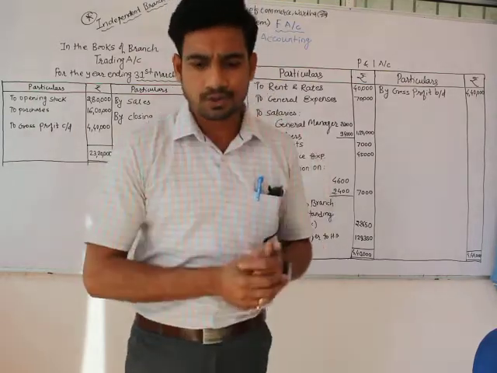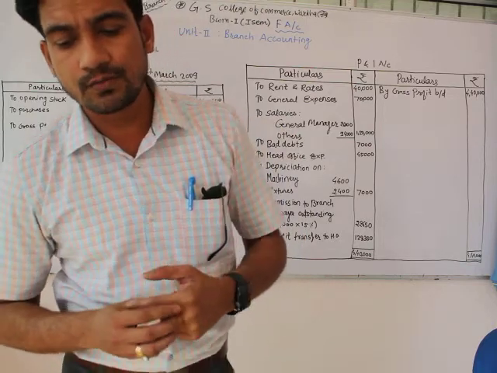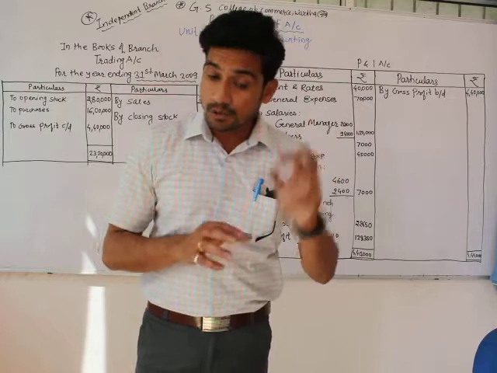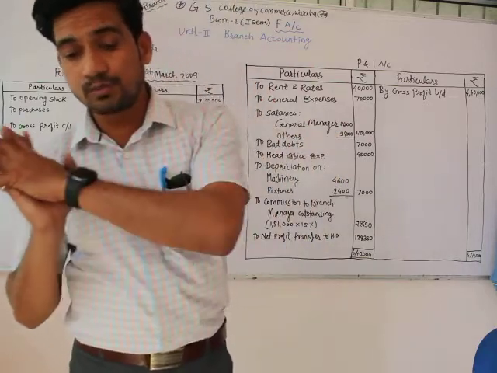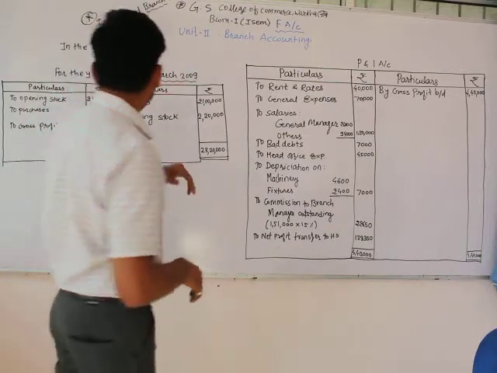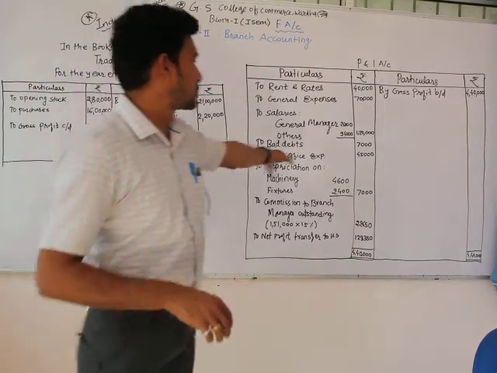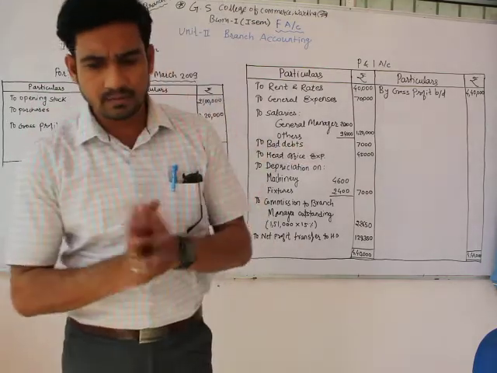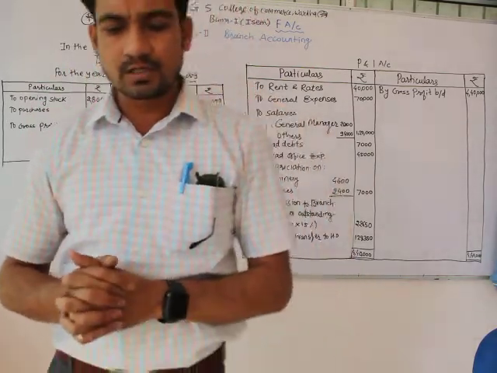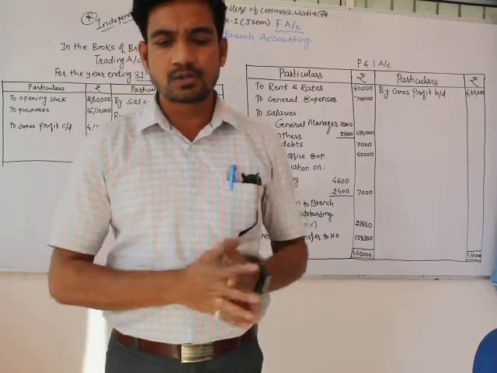and then we will go straight to the solution. The proportion of head office expenses to be charged to the branch is rupees 45,000. It means that the proportion of head office expenses to be charged to the branch is rupees 45,000, which we had mentioned here. Just see the 45,000. There is 45,000 of head office expenses, that is the mention there. The salaries include a sum of rupees 26,000 paid to the branch manager, who is further entitled to 15% of the net profit.